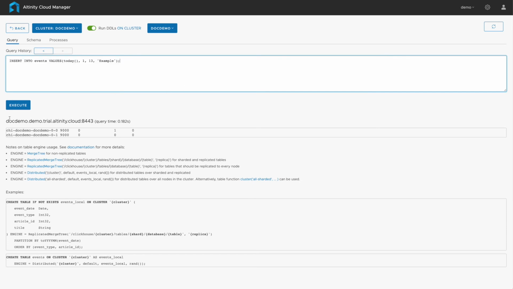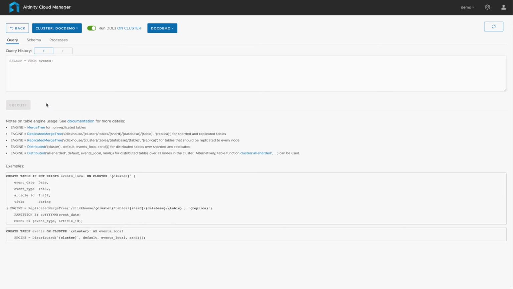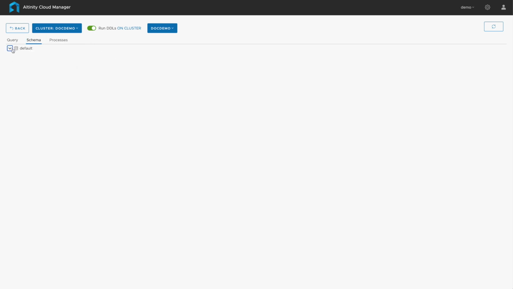We'll just add some data into events. And once we're done, now we'll do a select off of the events table. We have confirmation that the data was added, and our select shows a nicely formatted table with our queried data. If we jump back into Schema, we can see the data in our sample row data for our tables, including our link table.